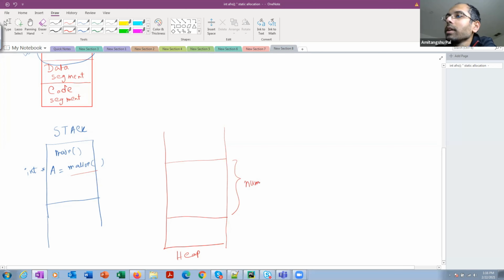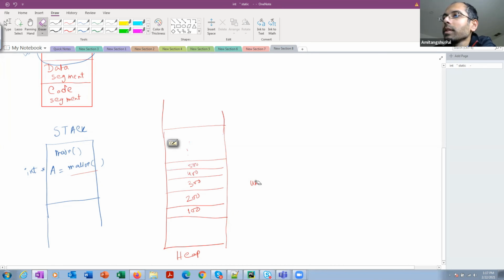And then I'm initializing the first element as 100, second element as 200, 300, 400, 500, and other than that there are also some locations that have been allocated. This is basically what's happening in the memory space.